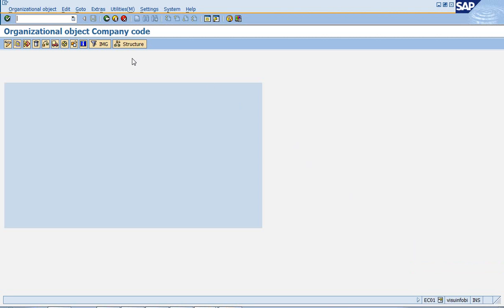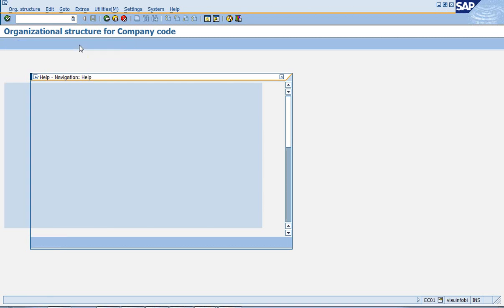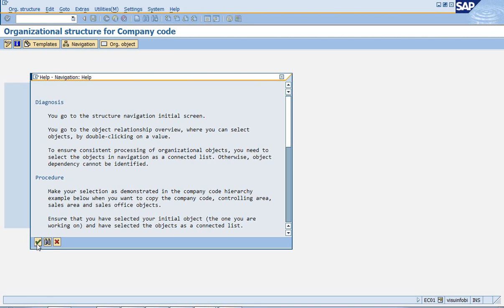Then after, when you enter that T code EC01, this is the first screen which is going to get established. Here you can see a drop down structure, nothing but your organization structure. Click on that organization structure and follow the same thing, your organization structure. You can see that icon over here, navigation. Click on navigation. Now click on continue.